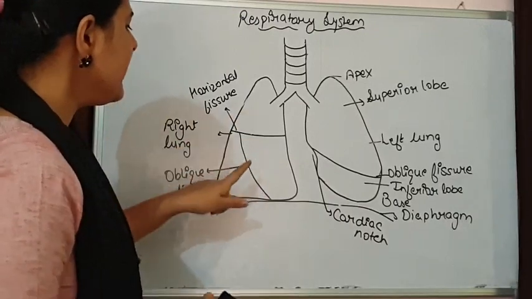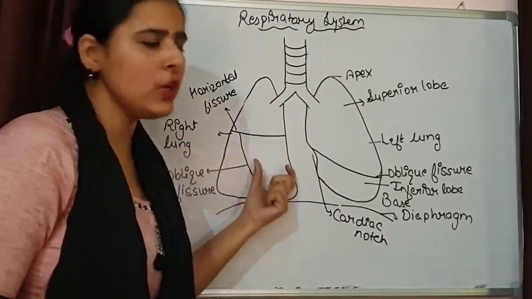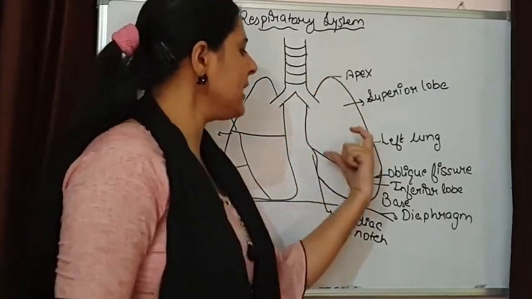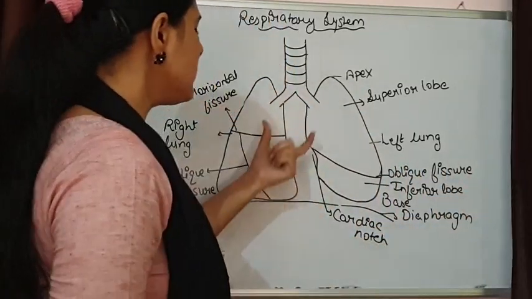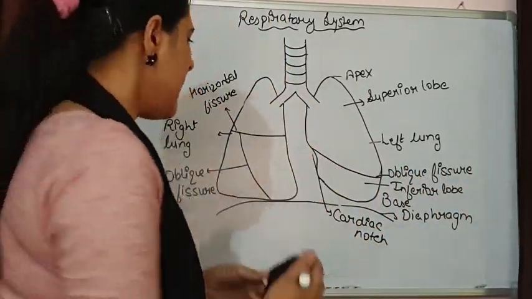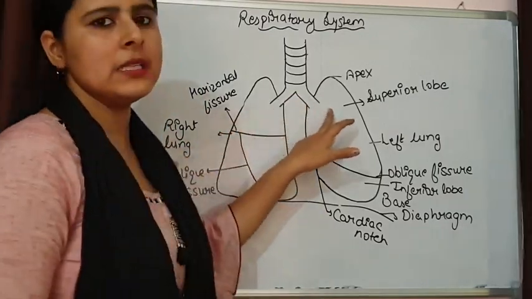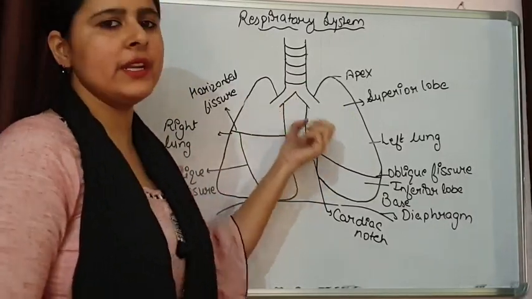So superior, middle and inferior, the right lung is made up of three lobes because of two fissures, and the left lung has two lobes because of one single fissure. So this is how the lungs are present. Now these primary bronchi, when they enter inside the lung, again bifurcate into secondary and